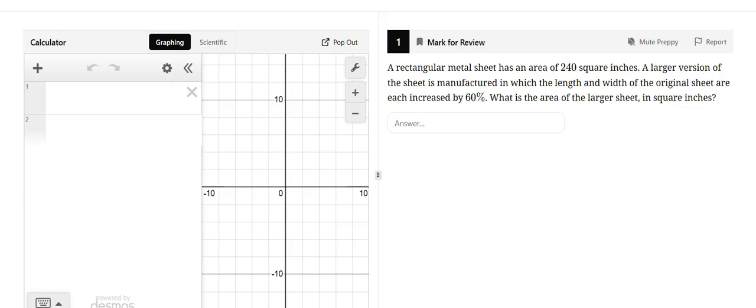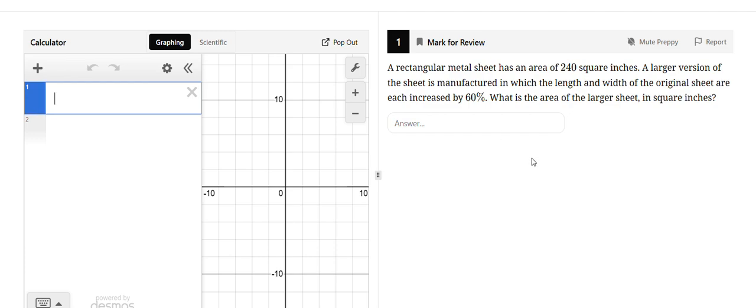A rectangular metal sheet has an area of 240 square inches. A larger version of the sheet is manufactured in which the length and width of the original sheet are increased by 60%. What's the area of the larger sheet in square inches? So usually we can use the scale factor to get this. So what is a scale factor? Well, in this scenario,